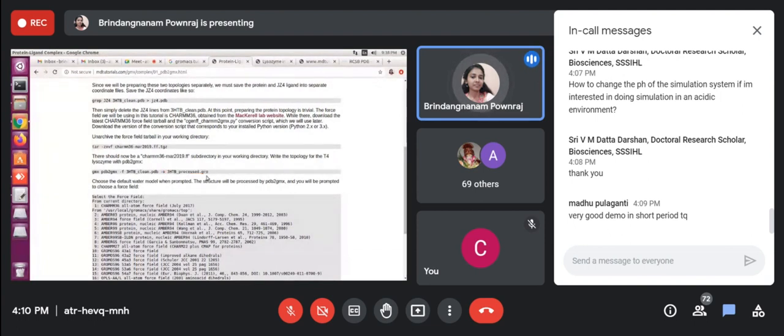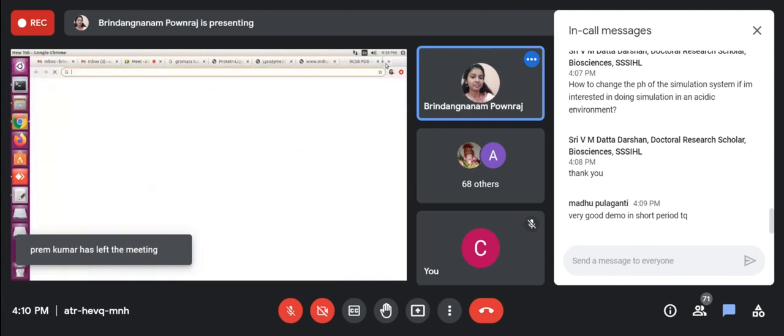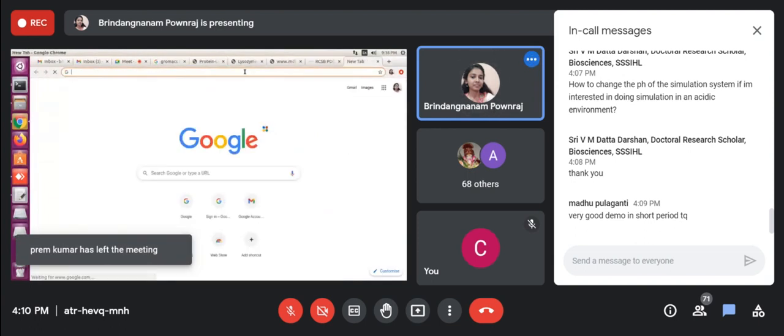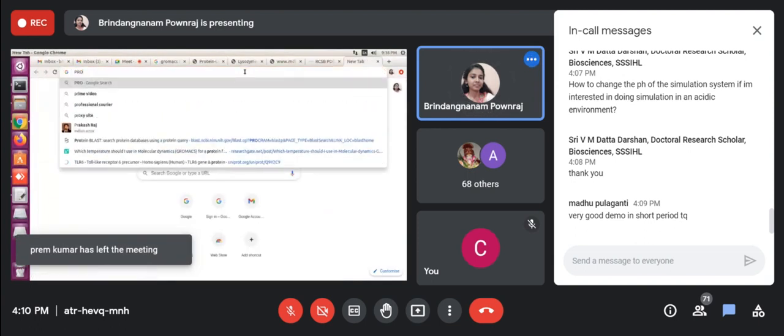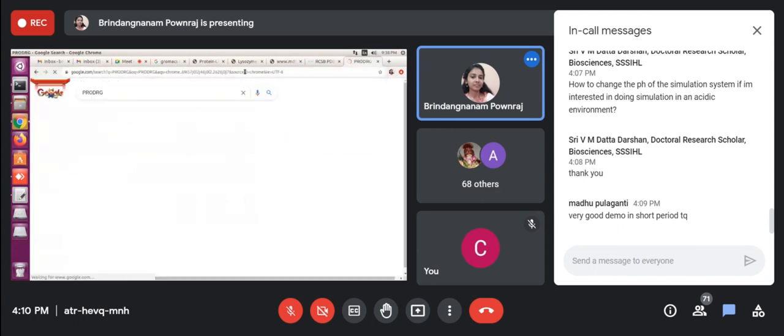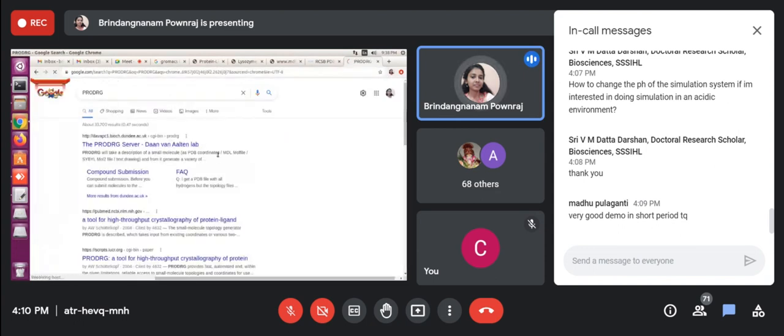The same way you have to prepare an ITP file for the ligand. So for that, one tool is there, PRODRG. PRODRG server. This is only for ligand.